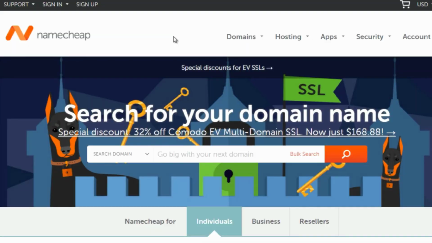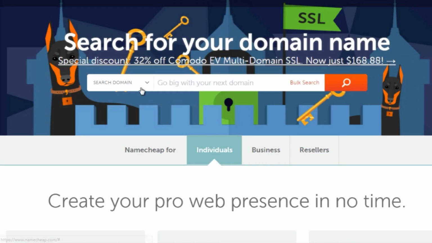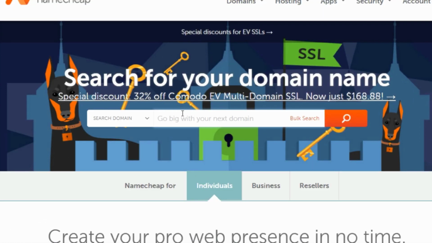Okay, so in order for you to get this to work, you need to have a domain name because you need to have your own brand, essentially. So what you need to do is head on over to a site called Namecheap.com. Namecheap is a domain registrar, which is where you can buy your domains. You can go here, and if the domain is available, you can actually get access to it.